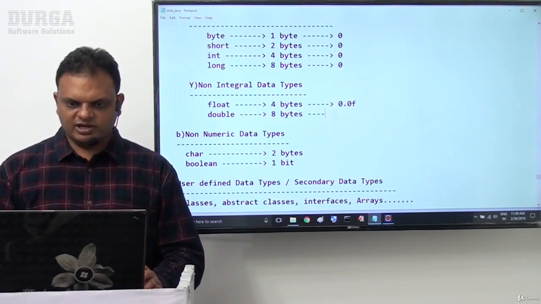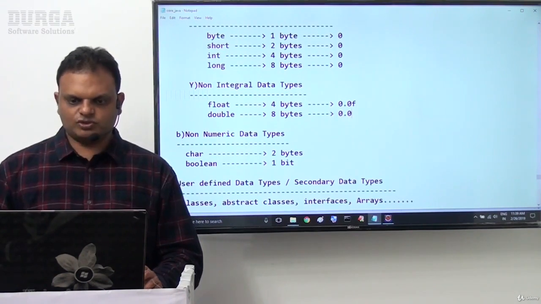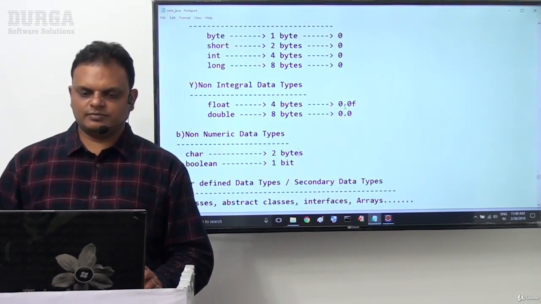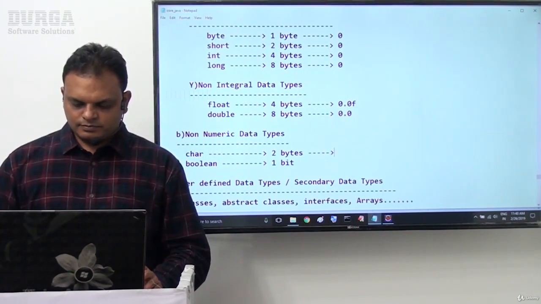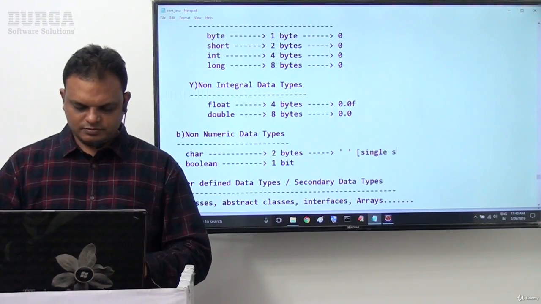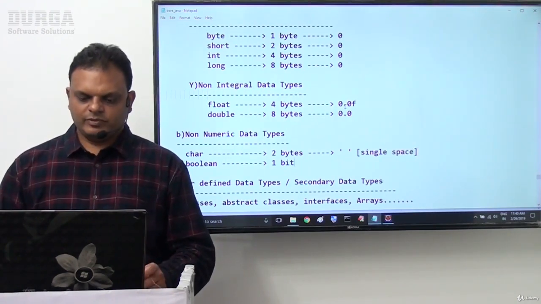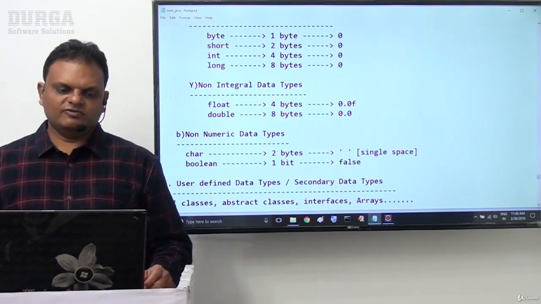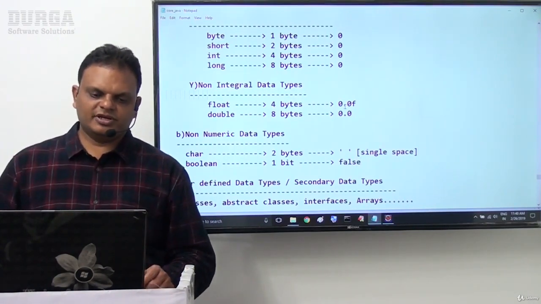The default value for char is a single space. The default value for boolean is false.